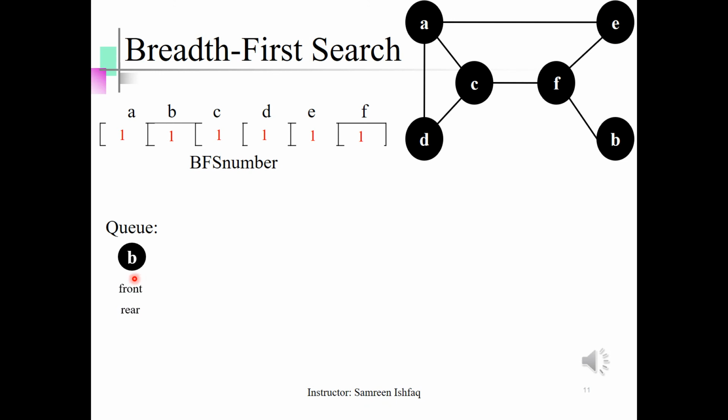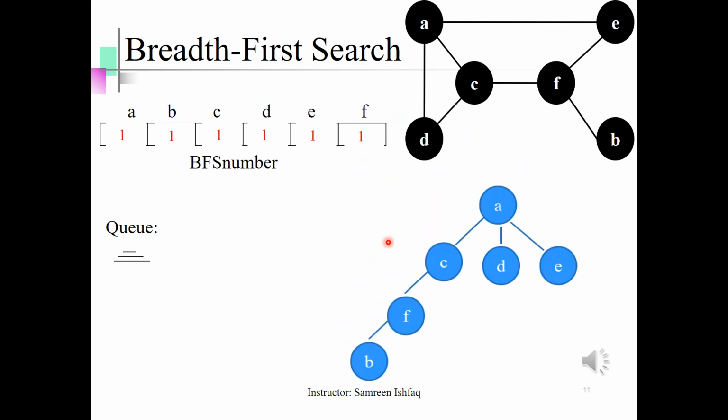Now there's only one element in the queue, that is vertex B. We will dequeue B and we will start visiting all of its neighbors one by one. From B to A is visited. From B to B, no self loop. From B to C, no edge. From B to D, no edge. From B to E, no edge. From B to F, yes, there is an edge, but F is a visited node. So all of its neighbors become a dead end, and now Q becomes empty. We will stop this algorithm, and this is your final output.